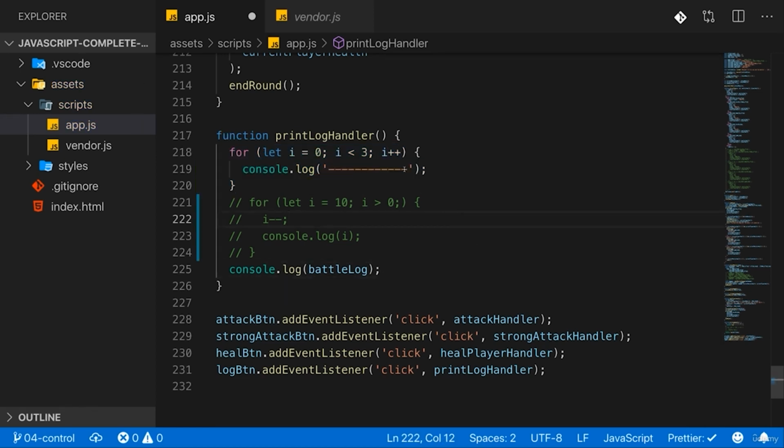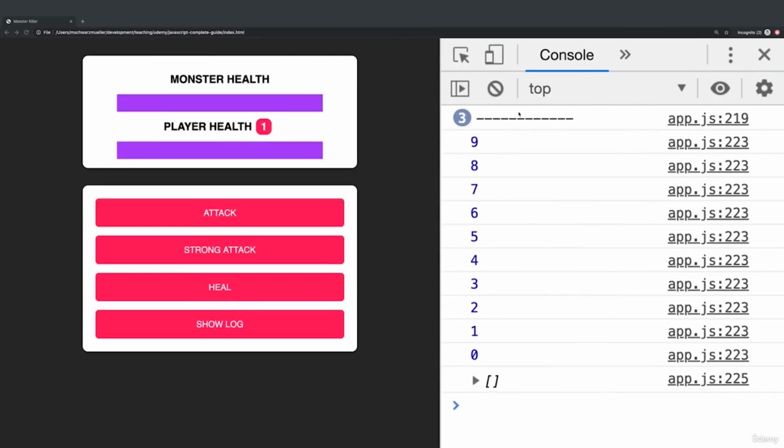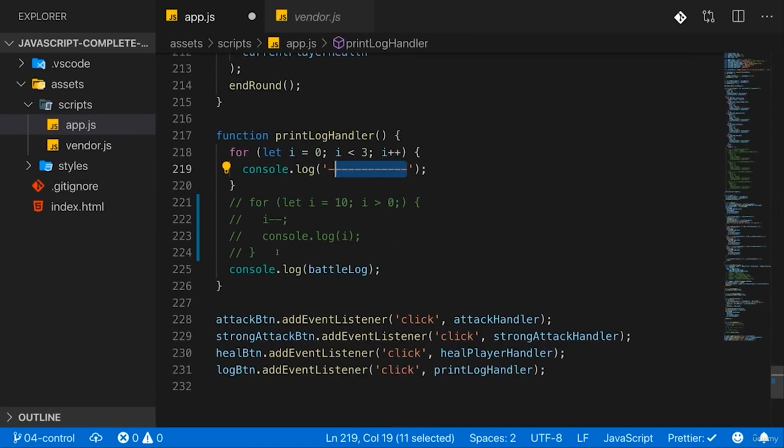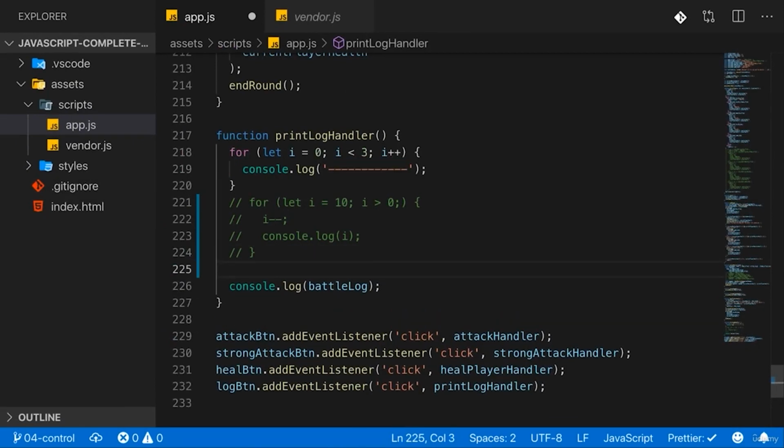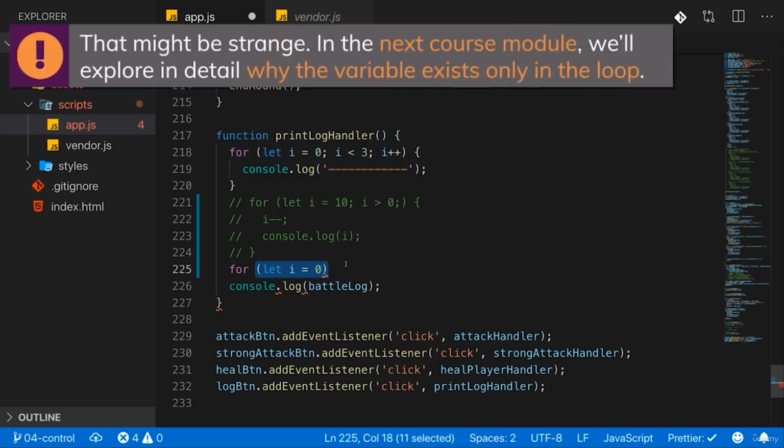So we print that nice separator here 3 times, even though in the IDE we really only see it once, but theoretically we create it 3 times. Now let's say thereafter we really want to output something for every item in our battle log. Now as I explained, we can do that with the normal loop here. And here we can reuse I because it really only exists for that loop. So not even for the entire function, but only for that loop here. So we can reuse it in another loop. That is possible. And then here we can go all the way up to the length of our battle log array,